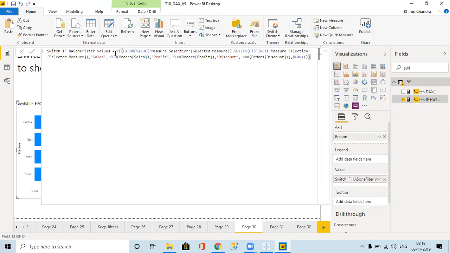That is the reason we have given HASONEVALUE of selected measure. If a single value is there, it will execute the true portion. The true portion is the switch statement. Otherwise, it goes to the false statement. So like switch, we have given sales, sum of sales, profit, sum of profit, discount, sum of discount. So that is how it works.